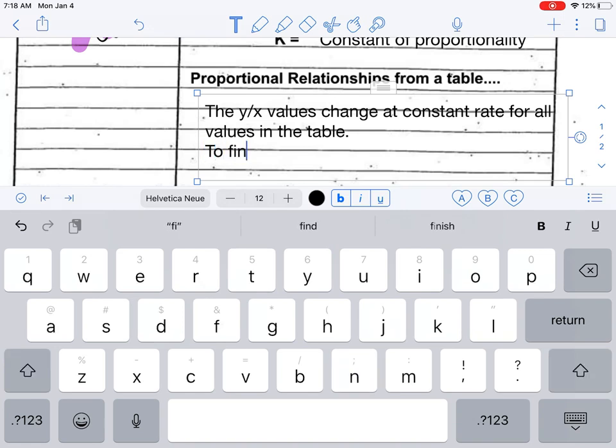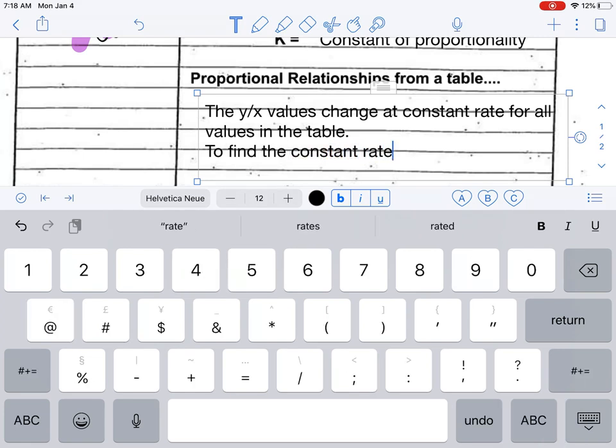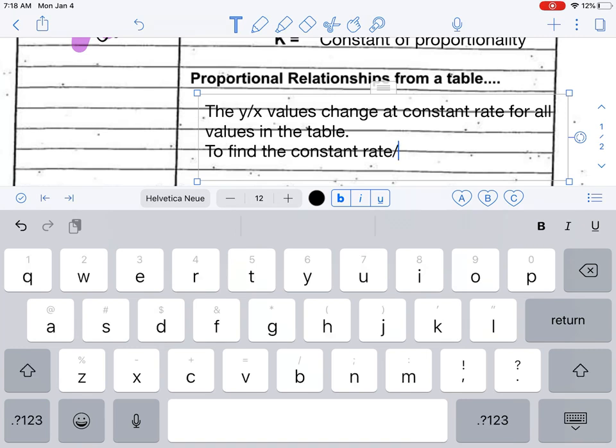To find the constant rate of change, I'm not going to write this word, but unit rate,